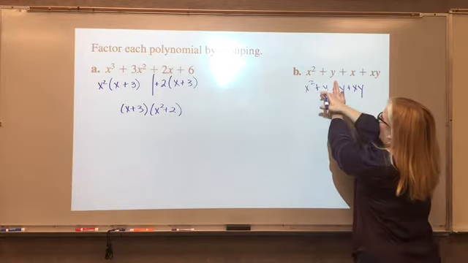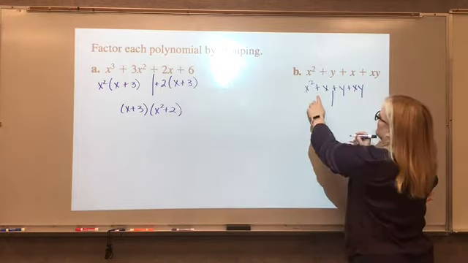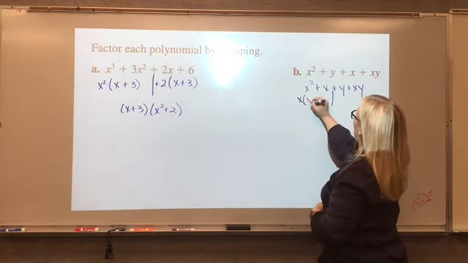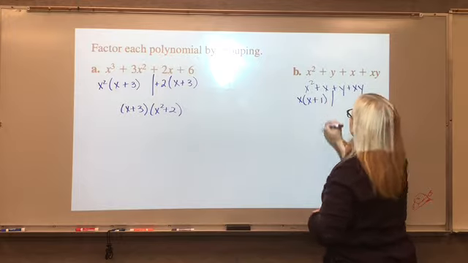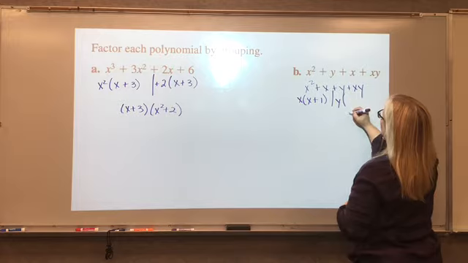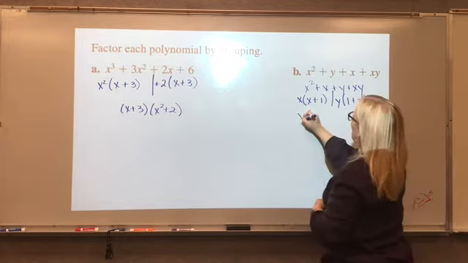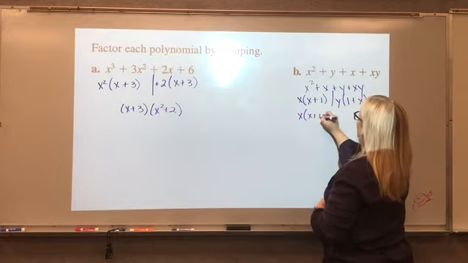So for this half, I can pull out, and I'll draw a little line, okay, an x. So I'm left with x plus 1. And here I can pull out a y, and I'm left with 1 plus x. Well, 1 plus x, if I rewrite this, 1 plus x,